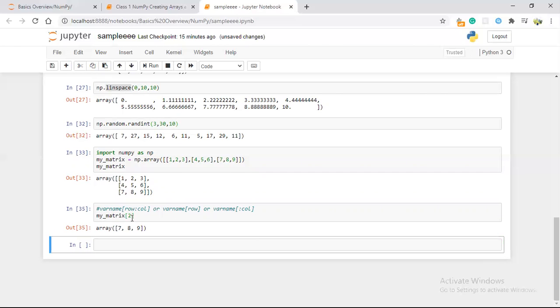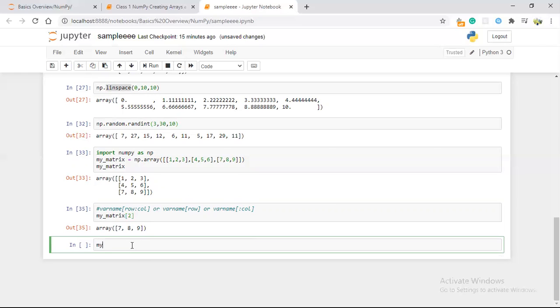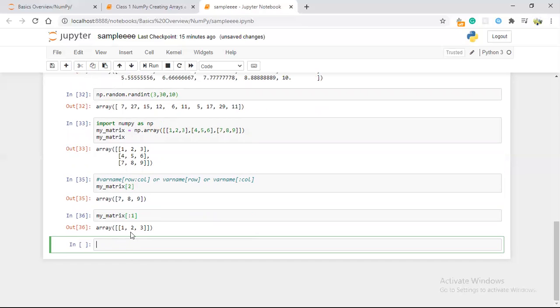Now if I am giving a colon and 1 in the square bracket, the colon includes all the rows and the 1 means it will get only the first column. So the first column means it's getting the 0th row element, and we need to get 2, 5, 8.